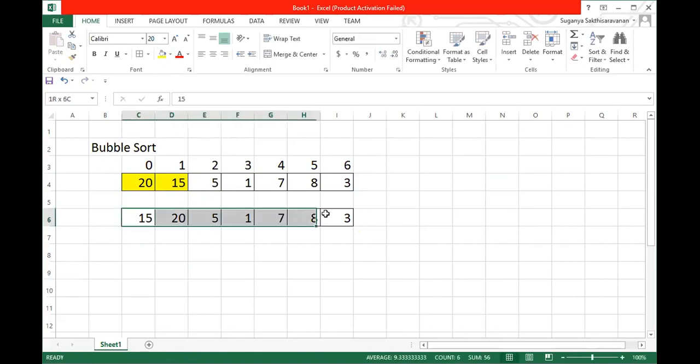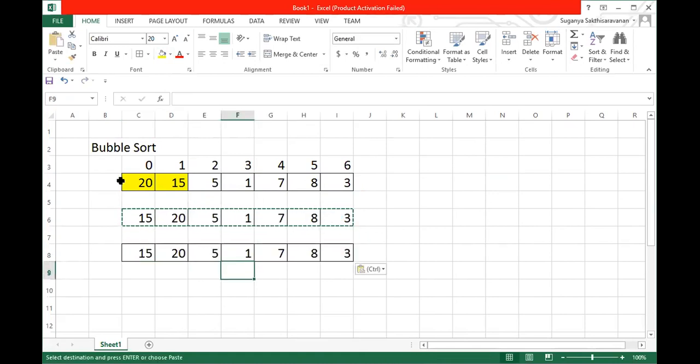Okay. Yes, Janvi, it will happen like this only. This is your first iteration, and this is your second iteration. In the second iteration, 20 and 5 will be compared. 5 is less than 20, so 5 will be brought here. That's normal swapping logic, guys.